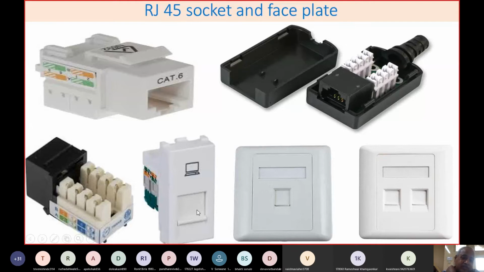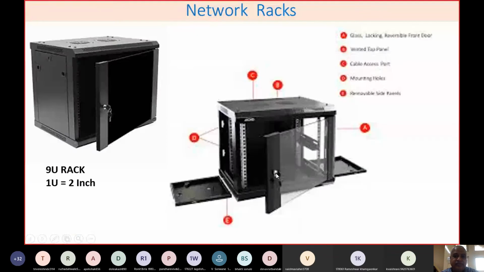On the backside also you'll see, in fact, one socket is inserted into it. You can see this is a plastic. If you look carefully, there is a plastic lock there. If you insert the socket, that plastic lock gets fit into this faceplate, and automatically this will be firmly fitted into this, and then there will not be any further problems. The same sockets we have also used in our computer lab for networking purposes.